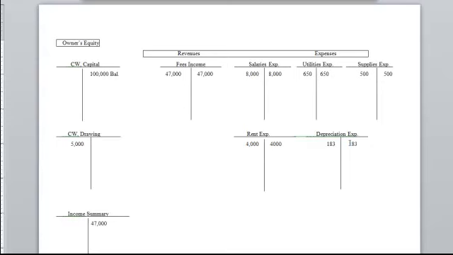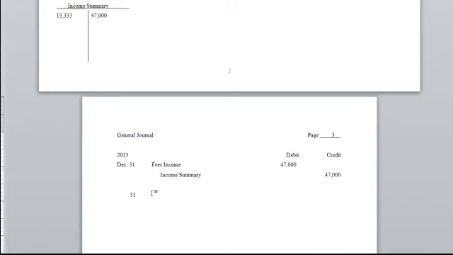Now those are my credits. So I have to debit something, and I'm going to use the Income Summary account again. I'm going to debit the Income Summary for the total of all those expense accounts. If I add up all these amounts, I'm going to debit Income Summary for $13,333. All right, so that's what my transaction looks like. For my second closing entry, I'm going to debit income summary $13,333, and I'm going to credit